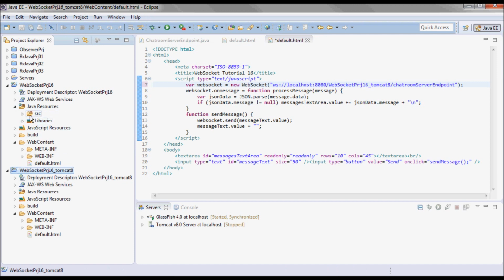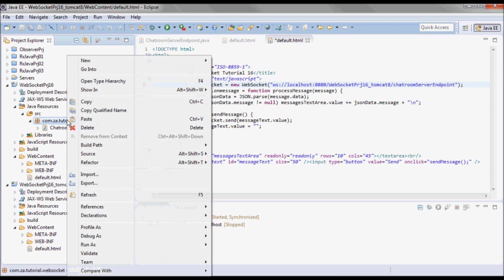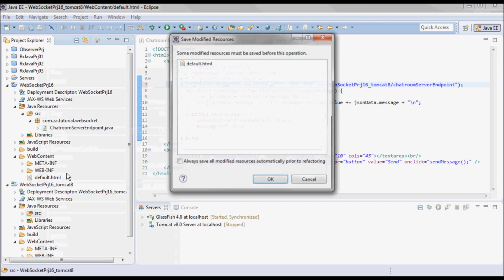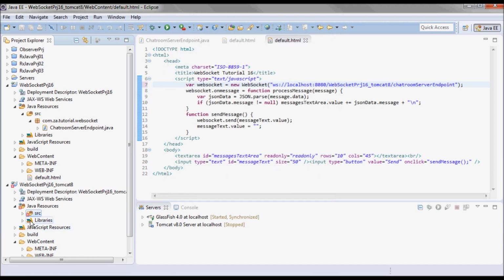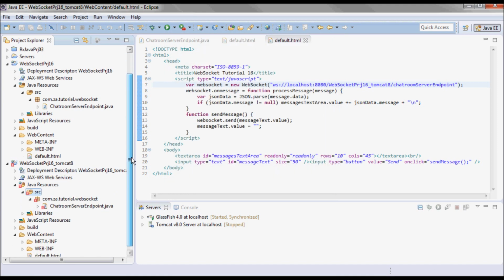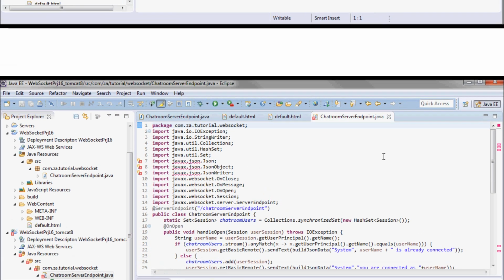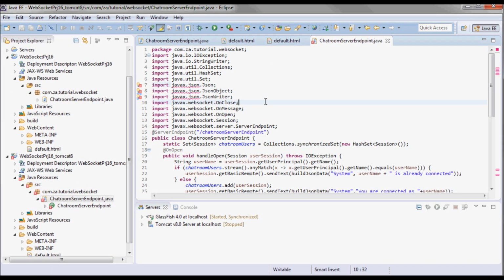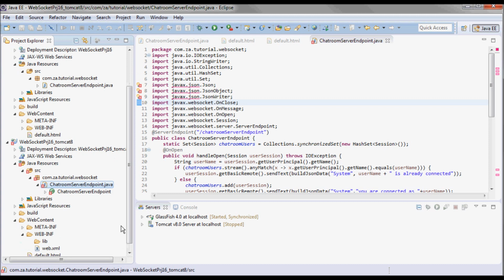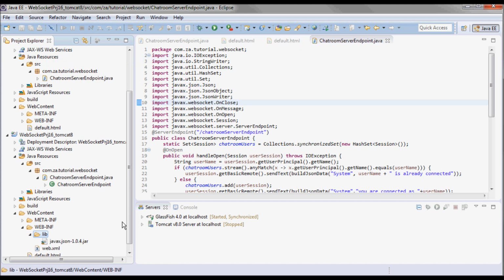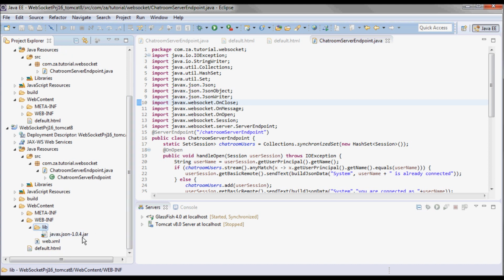And let me go here and copy this package and paste it here. So what I will do to fix this is go to the lib directory under WEB-INF and drop this javax.json jar, and I've downloaded this in previous tutorials and used it.